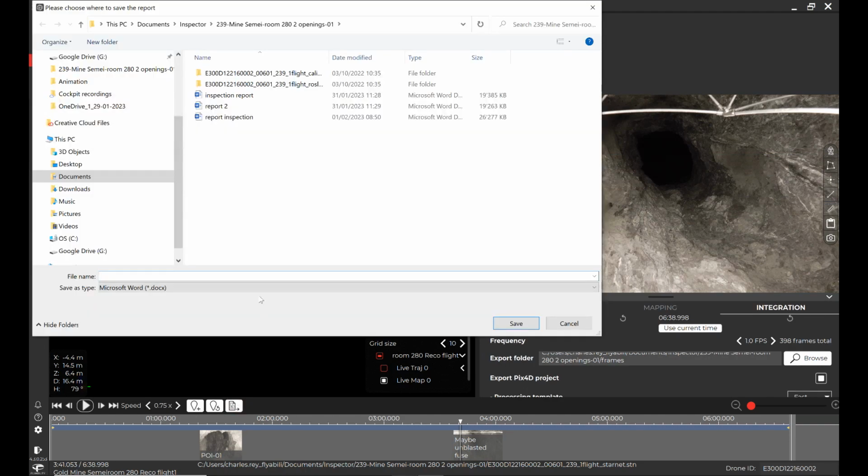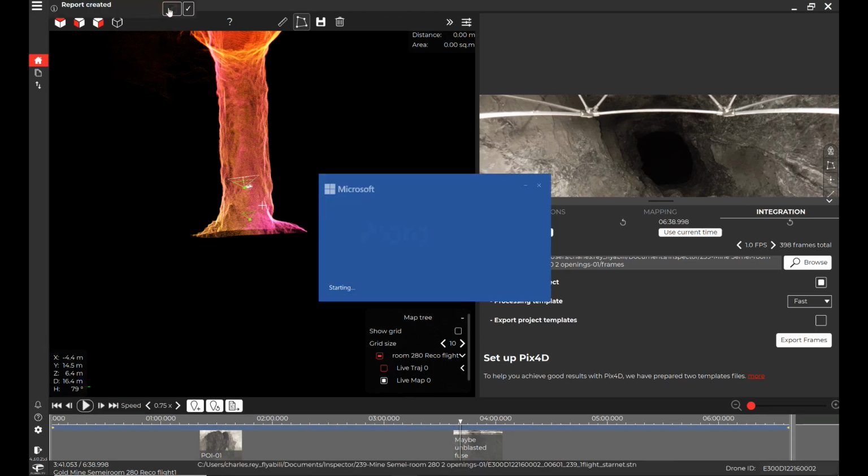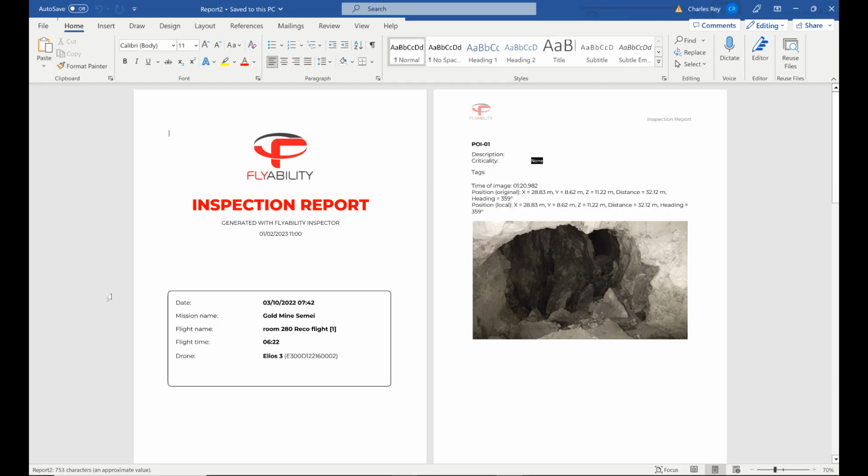So at the end of all that, after your notation, you just click on create an inspection report. You rename it, you save it wherever you need to. You can choose between a Word format or a PDF. We recommend the Word just because then you can continue to work on your report. And in a couple of seconds, it will appear at the top left here, and you can just open your